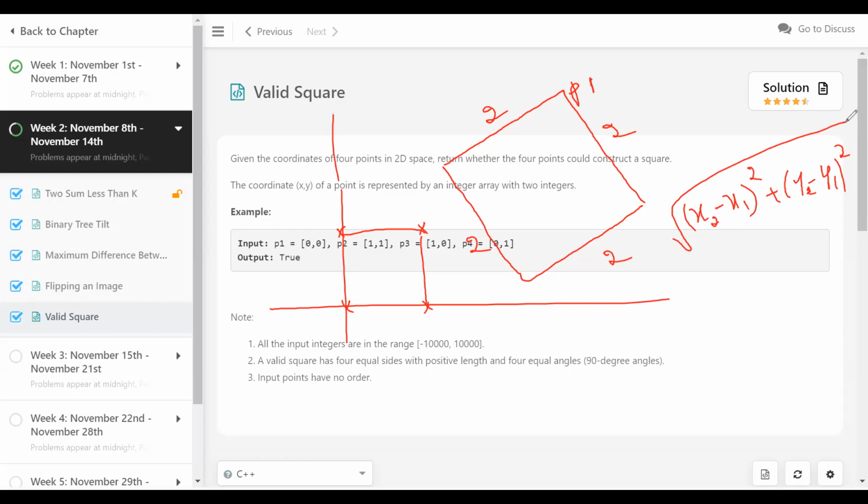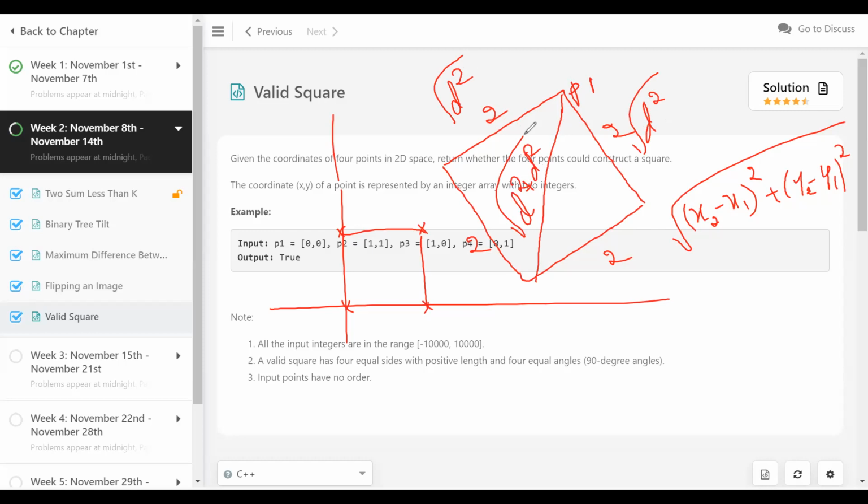When we find the distance between P1 and all the other 3 points, two of them should be of the same distance from P1. Then that is going to be the length of a side. And the other one, we can also figure out if this is a square. Suppose both of these distances are D, so I'm going to have D squared here, D squared, and this is going to be D squared plus D squared. Actually, the square root of that is what we need to take for the distance.